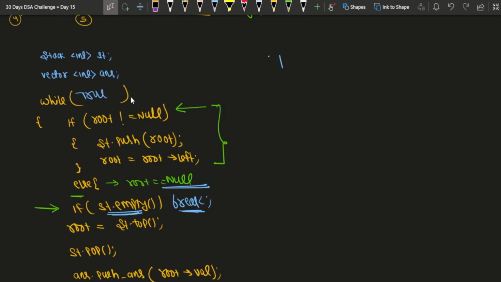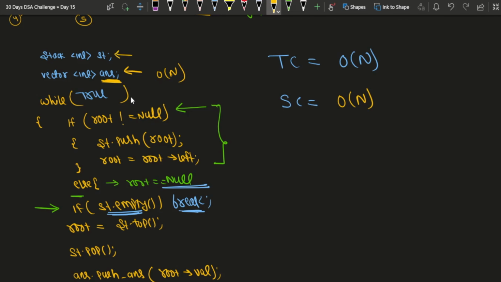And if we talk about the time complexity, it is O of n. Why O of n? Because we are traversing the binary tree, so we go to each node, and the number of nodes is n. Therefore, the time complexity is O of n. Now, if we talk about the space complexity, see what we are using. We are using one answer vector, and it will store all the node values. We have n nodes, therefore the space complexity of this answer variable will be O of n. Similarly, if we talk about this stack,